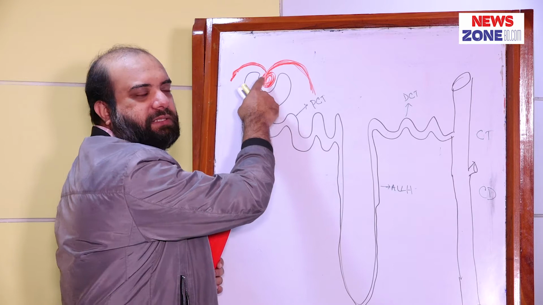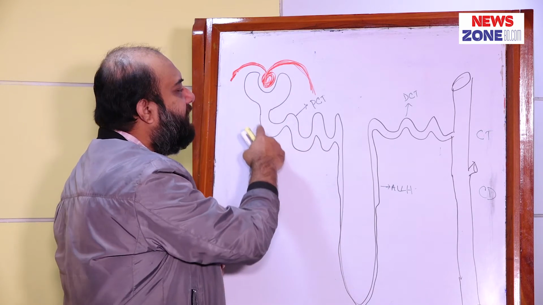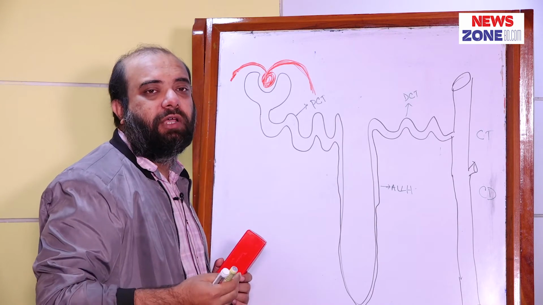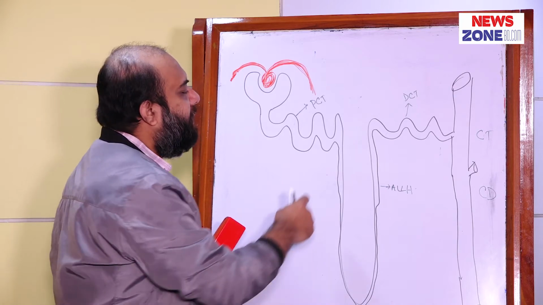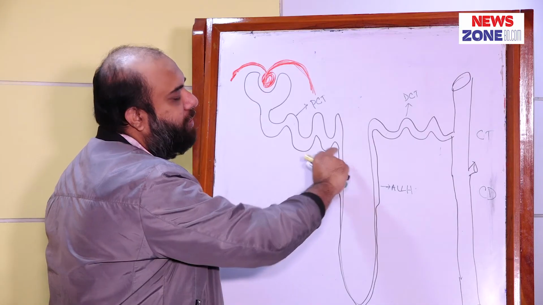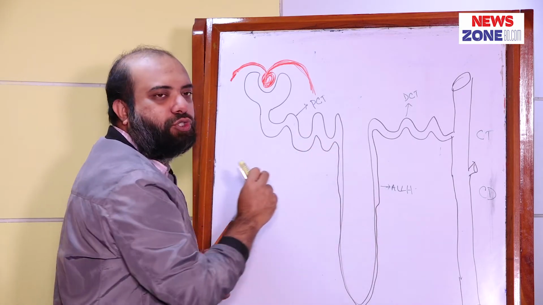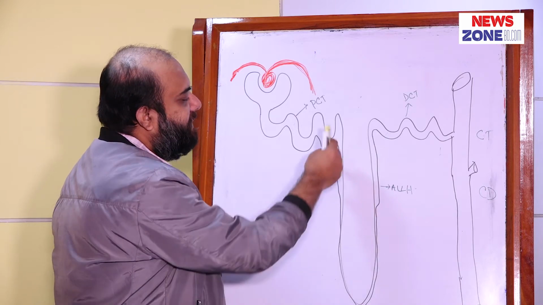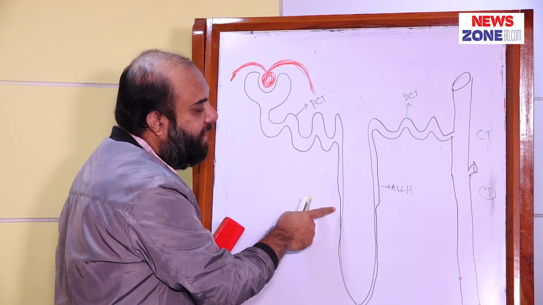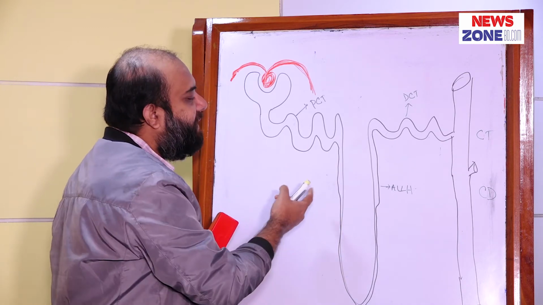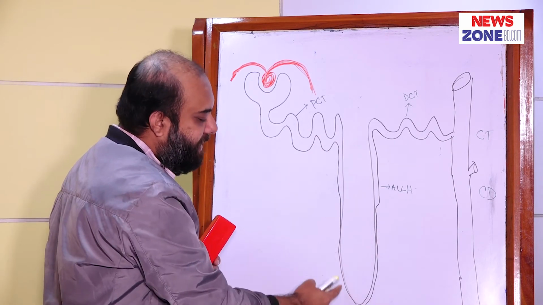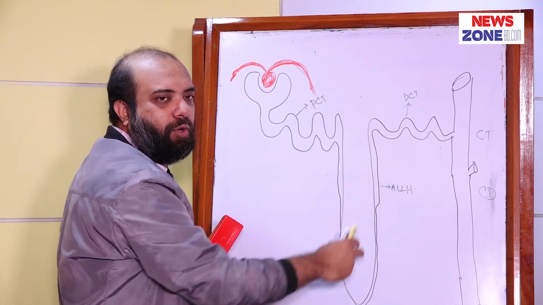This is the glomerulus and this portion is the Bowman's capsule, and this convoluted part is named proximal convoluted tubule as it is situated proximal to the Bowman's capsule. Now, this portion is named loop of Henle, and the upper portion of the loop of Henle is named the thick portion. That means this portion is called thick portion of loop of Henle, or you can call it the descending limb of loop of Henle's thick portion, and then the thin portion, and then the ascending limb of loop of Henle.